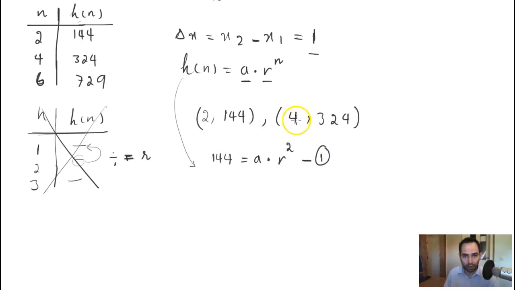Using this point, you can again rewrite this equation. So h of n here is 324, and 324 is equal to a times r raised to the 4th power. You can call this equation number 2. Now you have a system of equations with 2 unknowns. And the way you can figure this out, you can rewrite this as,